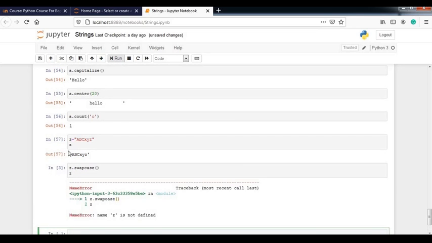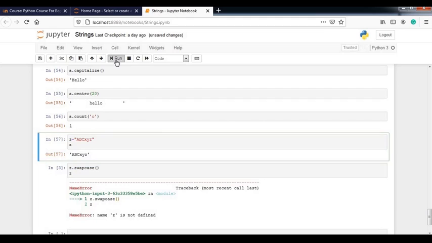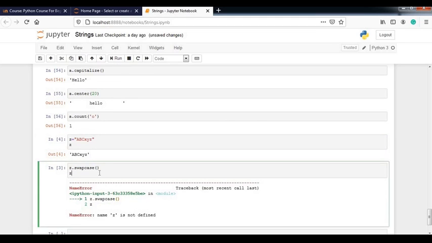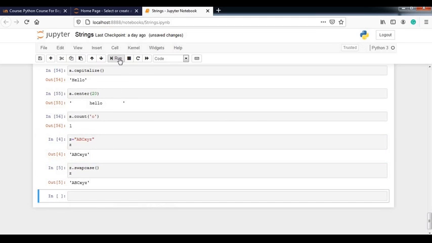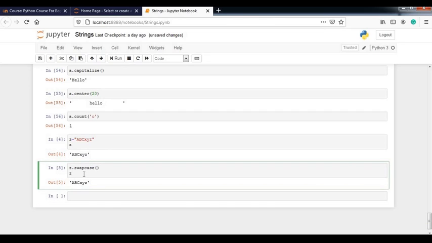Z is not defined, so first I have to run this, then this. Okay, so see, simply print z dot swap case.